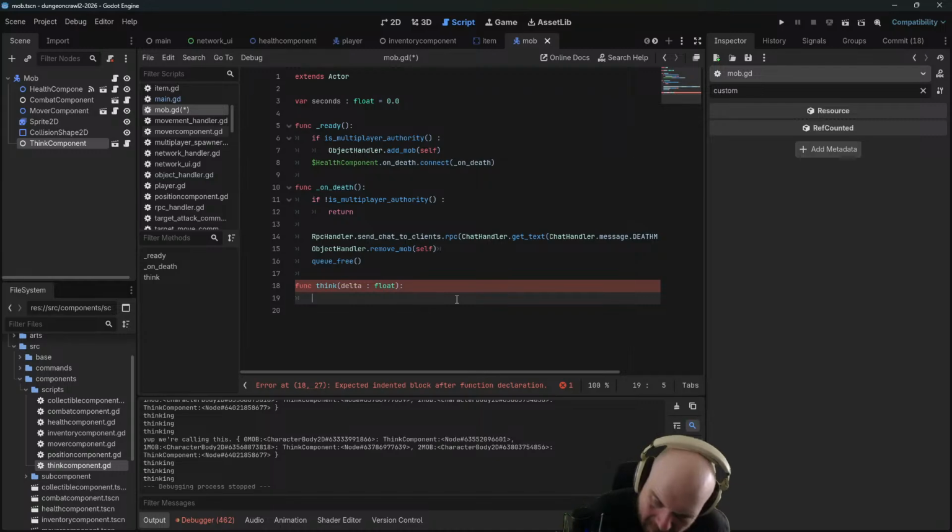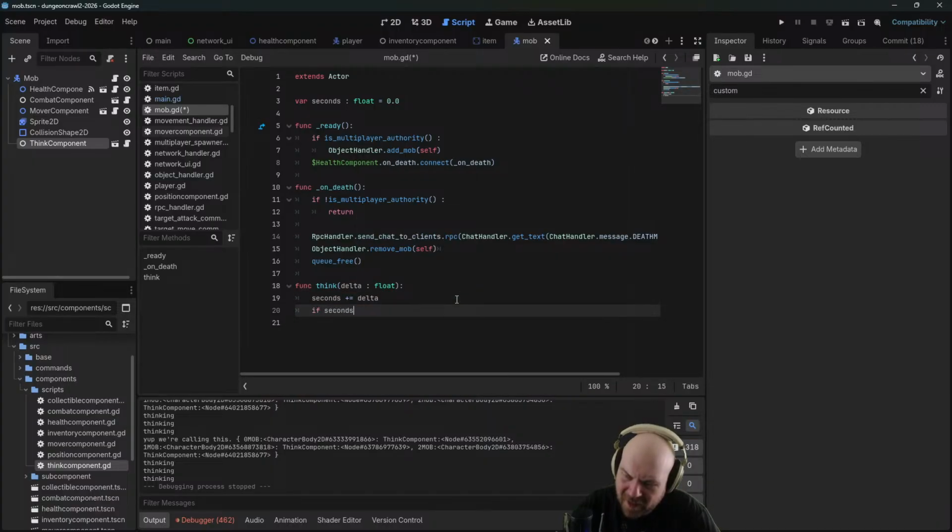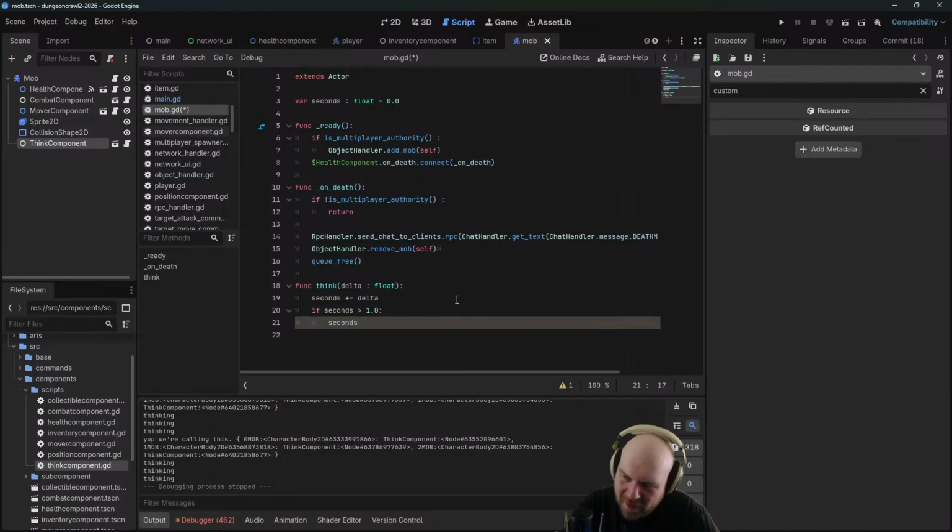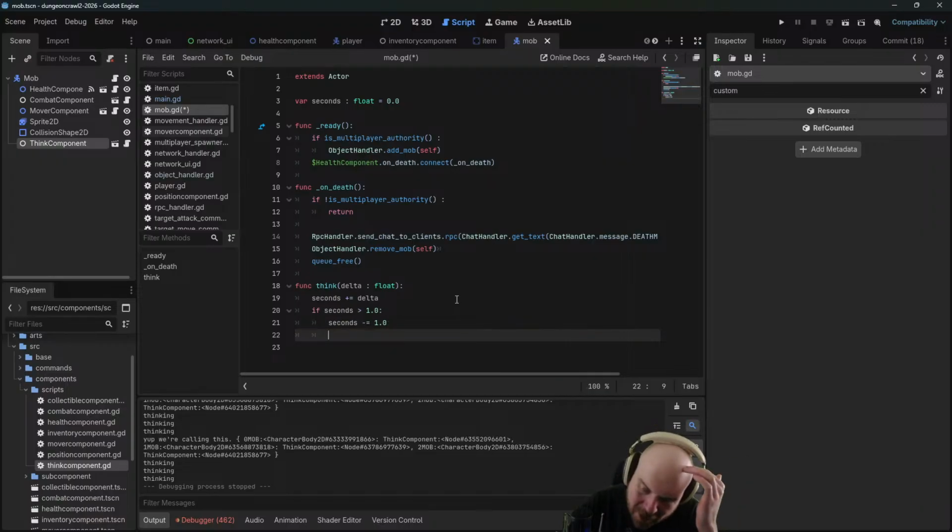If we add the delta to the seconds, if seconds is greater than 1.0, seconds minus equals 1.0, do a think. If randi range from 0 to 9 equals 0,